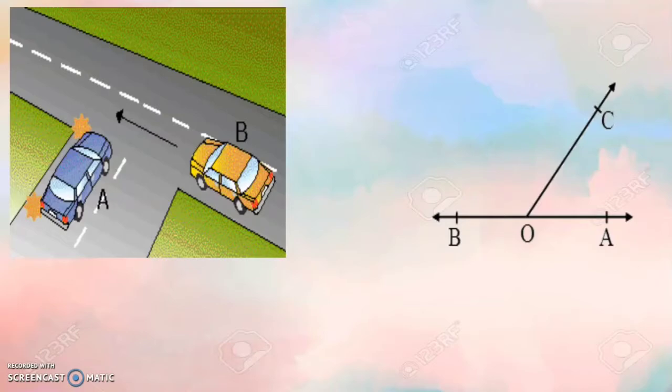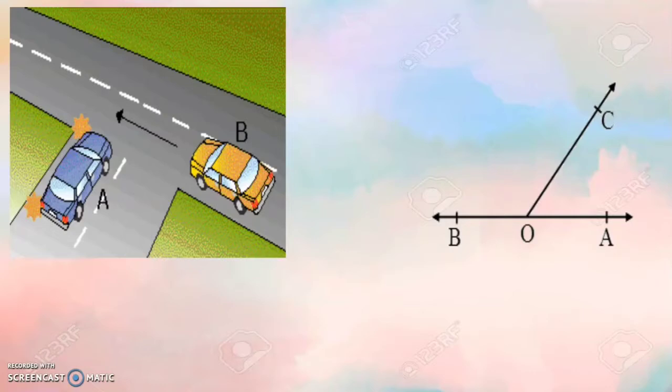these two angles form an adjacent angle because according to the definition of adjacent angle, it says that when two angles have a common arm, here the common arm is OC, and a common vertex, that is point O, and separate interiors for angle BOC and angle COA, then these angles are called adjacent angles.